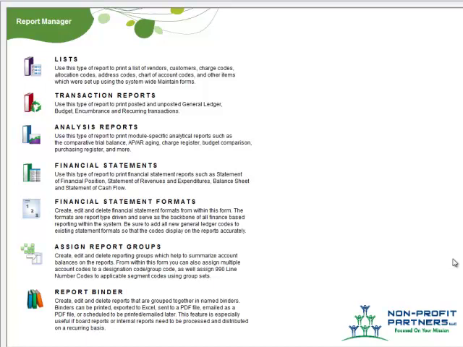Let's discuss the reporting functions within Sage Fund Accounting. There are a myriad of standard reports that are available to every user at the start of the system. These include lists, transactions, the classic analysis reports, as well as financial statements. And the power of the system really is driven by the financial statement and the ease with which it can